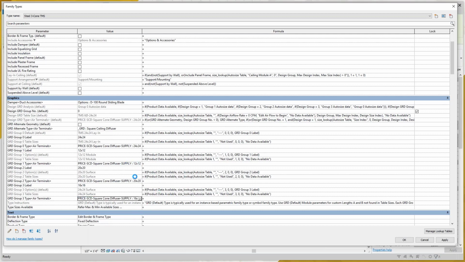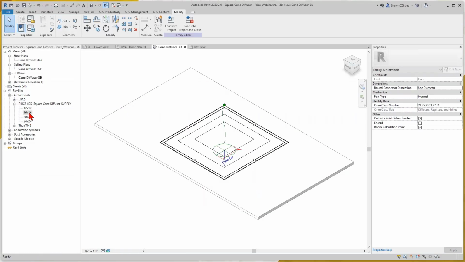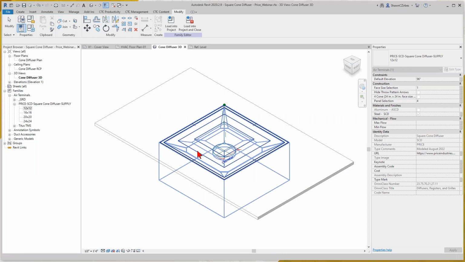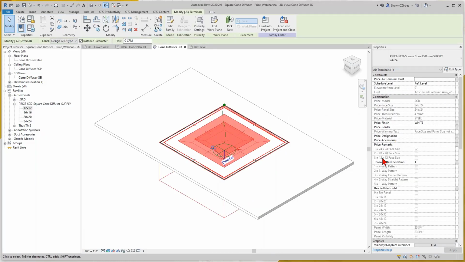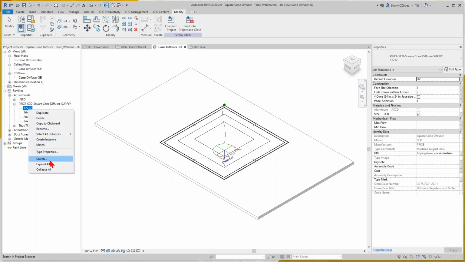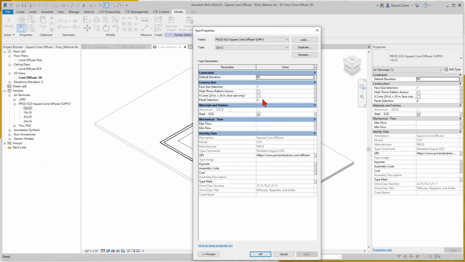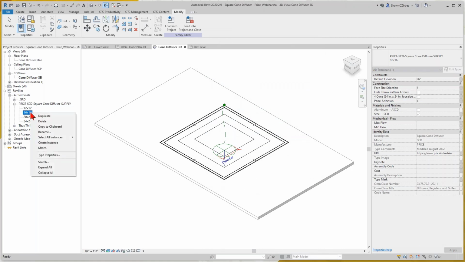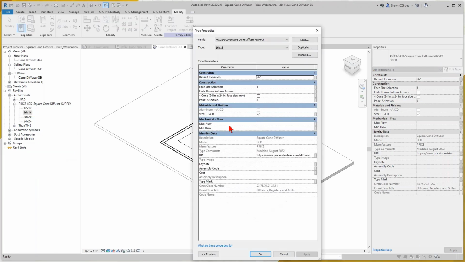I didn't actually make the changes to the 12 by 12, 20 by 20, or 16 by 16 family. So in order for us to verify visually that's going to work, let's go make those changes. And I forgot which one the 12 by 12 was. That was number 3. Number 3 and 0, and then number 3 and 1 for the dimensions there. So edit the properties. Face size is 3. Panel selection is 0 for this one. Right click, type properties on this guy. It's going to be, again, a 3 and a